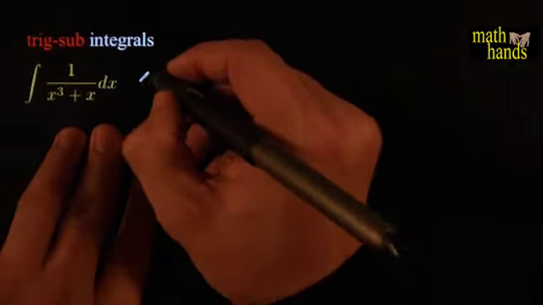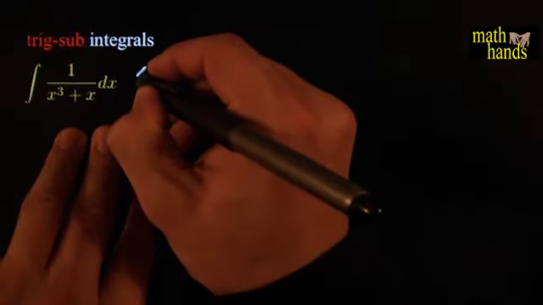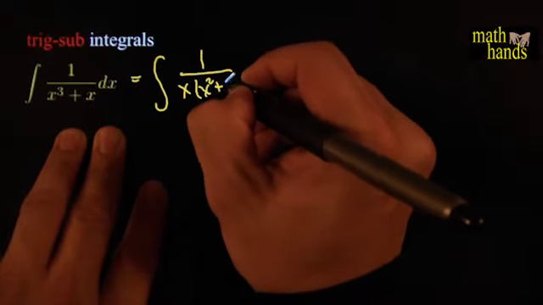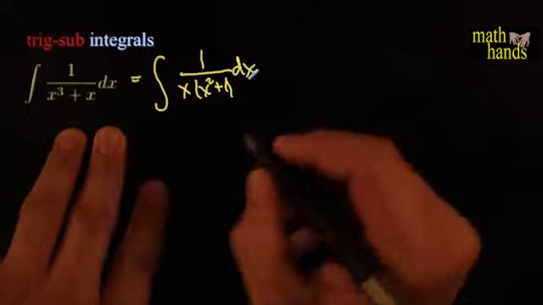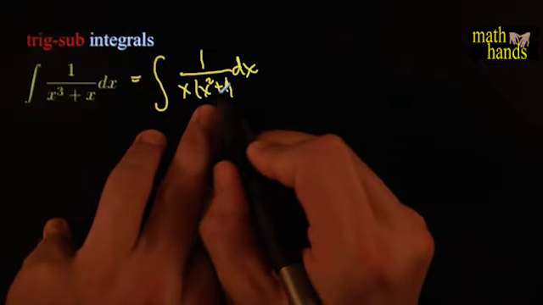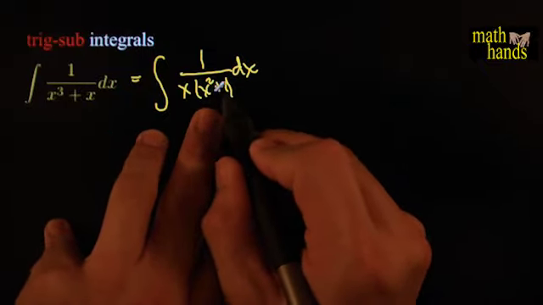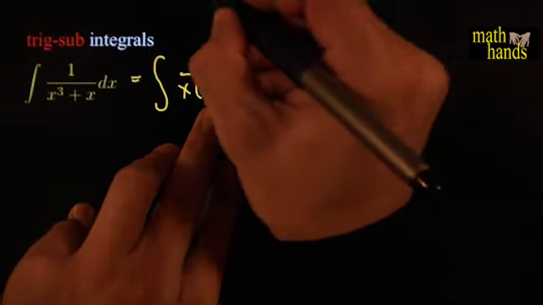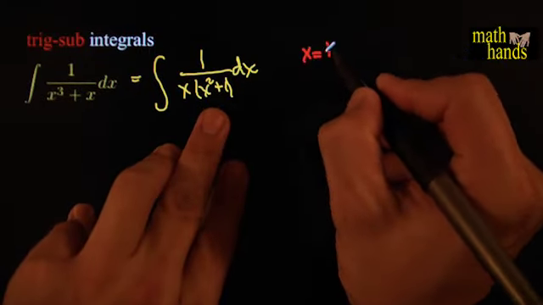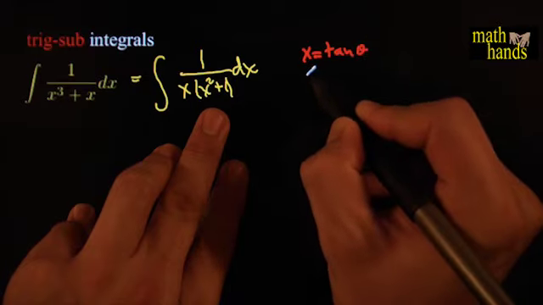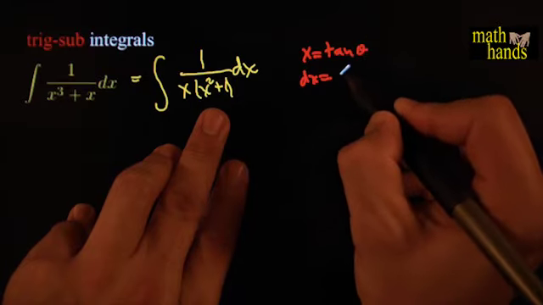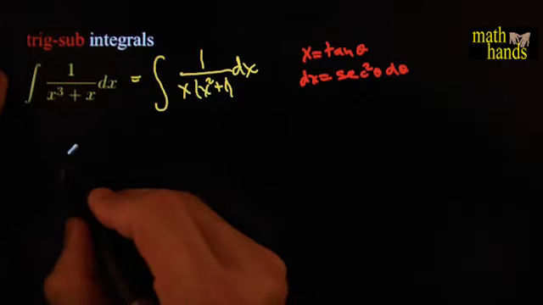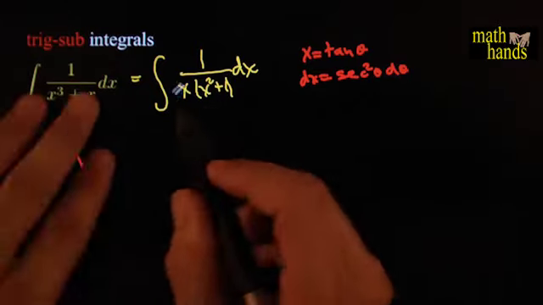All right, so this one I would say, hey, why don't we just factor 1 over x times x squared plus 1 dx, and then think about it. Hey, this piece right here looks suspicious. This has a famous translation into a monomial, right? If we just make the substitution x equals tangent theta, then dx would be forced to be secant squared theta d theta. That would make my integral, in terms of